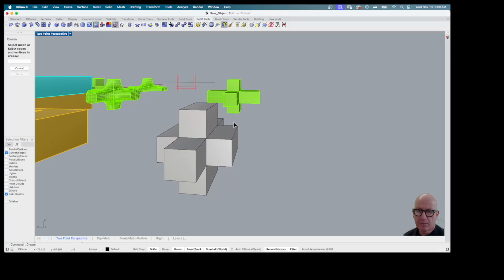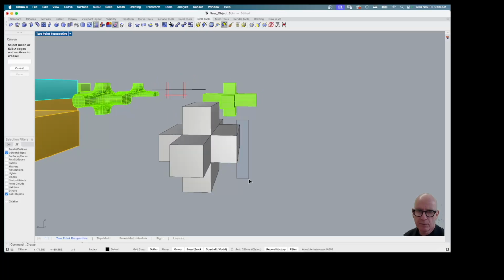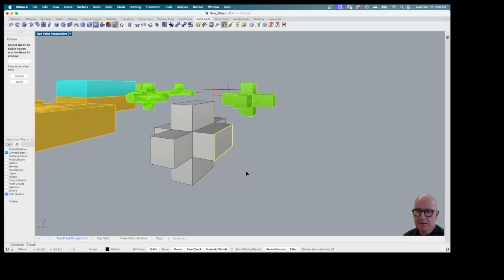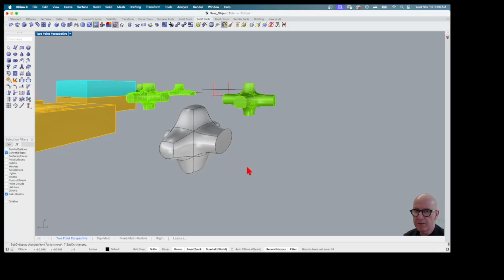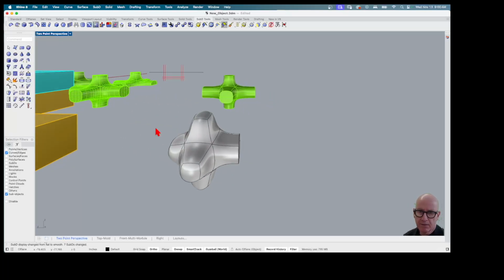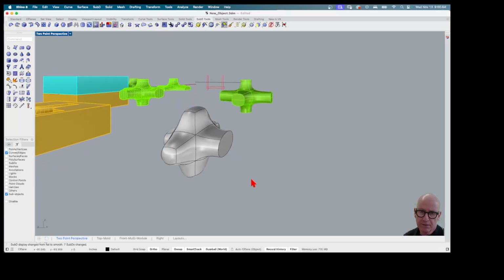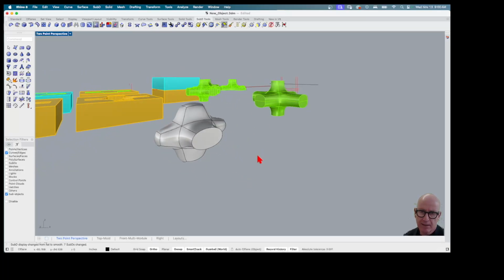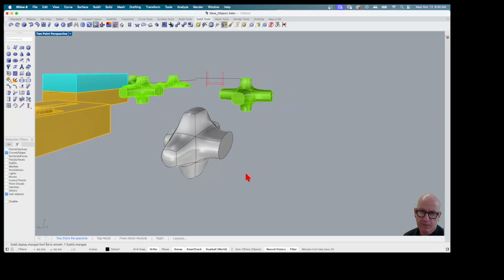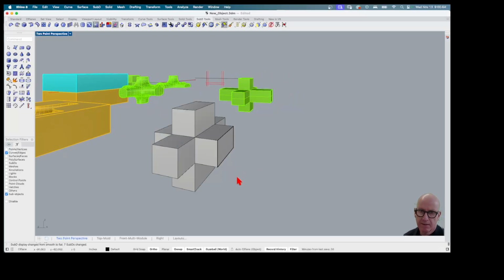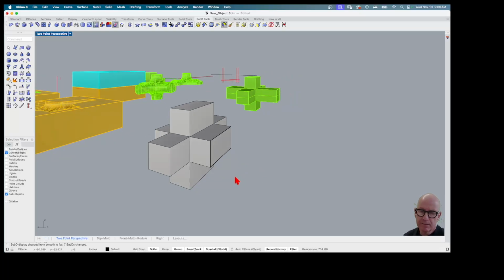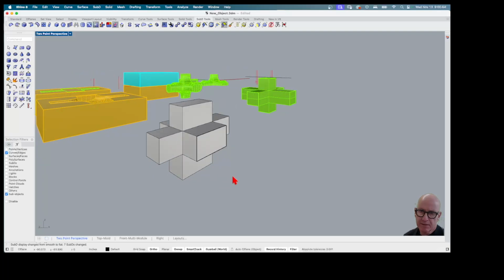For example, if I window and select these 4 edges, and I say OK, now that's got a hard crease. If we go back to our SUBD toggle, we'll see that the ones that have not been creased are still rounded, but this edge is now giving us a flat face. So we can go back to our primitive shape, which makes it a lot easier to select